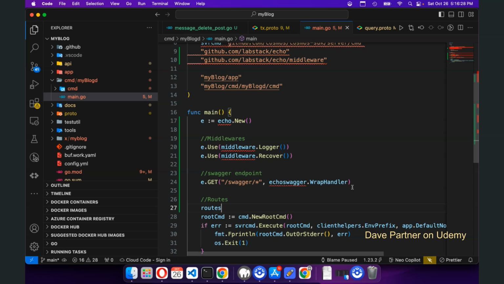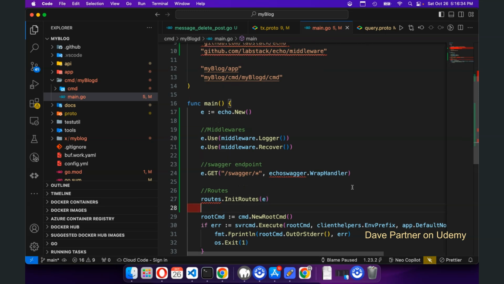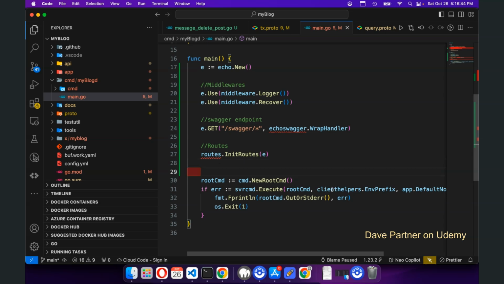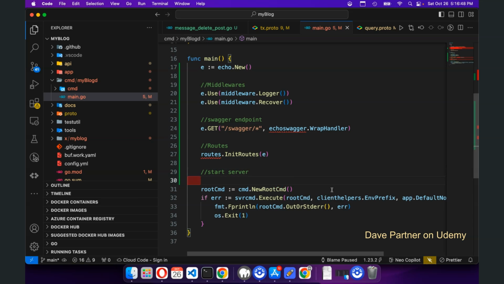So do routes.Init. Now this means that we are going to create a routes file eventually, where we'll put our key routes. Now we also have to start our server, and the server will be started at